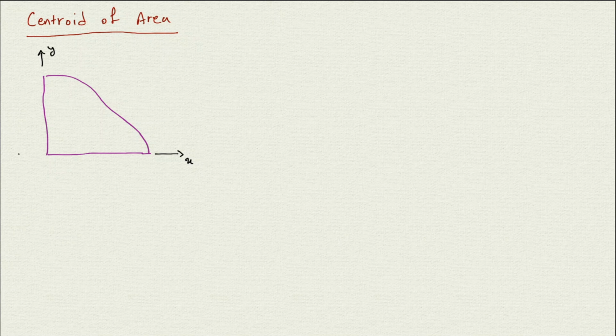I want to find the centroid of that, and I know that the centroid is somewhere sitting here, and it has a value of x bar and y bar. The centroid would be calculated similar to the way that we calculated